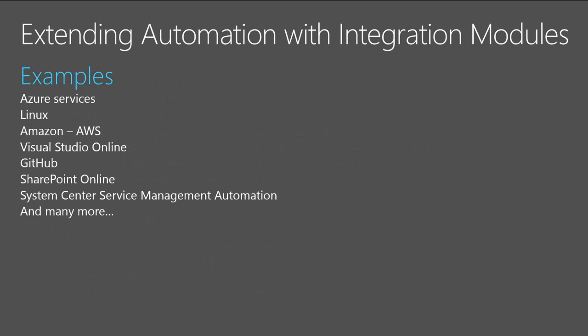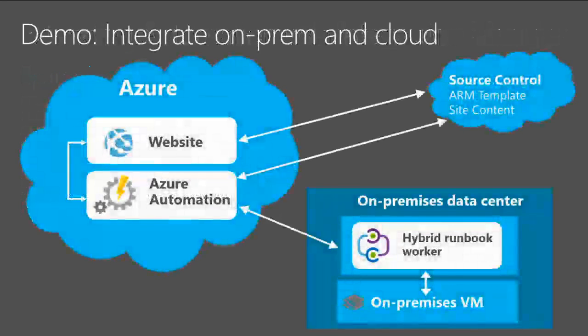There are tons of different scenarios where you might want to use integration modules. Of course, what we showed before with Azure, that uses a module. You can manage your Linux machines, AWS, any of your source controls, so Visual Studio Online, GitHub, SharePoint Online. You can write modules for all of these things, and also if you want to call across the automation products, so if you want to call across Orchestrator and Service Management Automation, you can call our services from each other. There's tons more scenarios, but we'll walk through right now